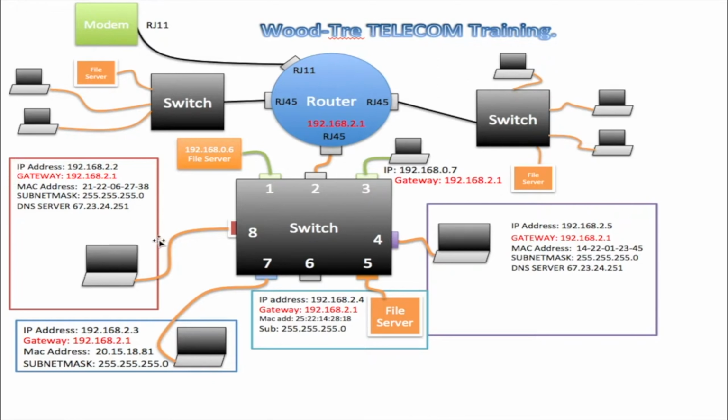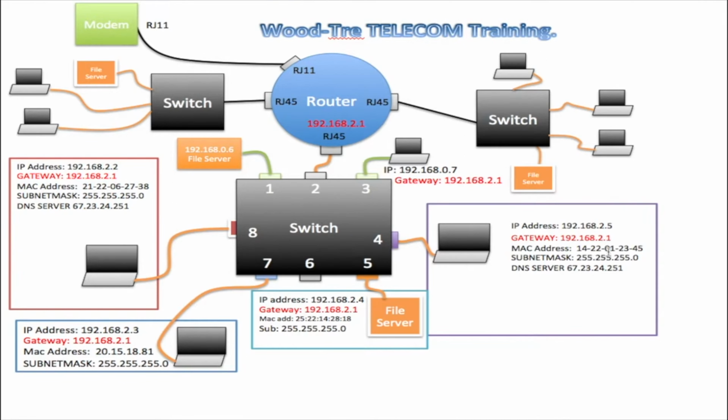Now the next thing we're going to talk about is how computers communicate on a local area network through a switch. Let's say for instance this computer here with address 192.168.2.2 wants to communicate to 192.168.2.5. Computers communicate on a local area network through a switch by the MAC address, which is right here,